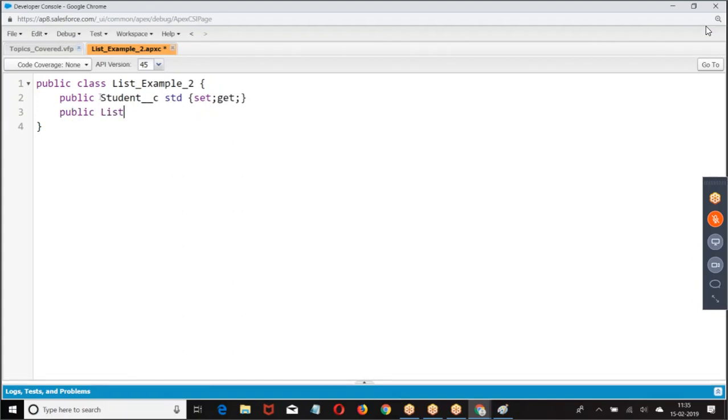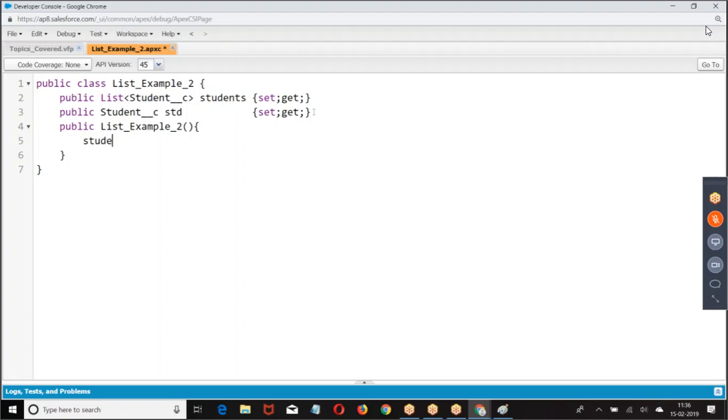Now I have a list of student. Now what is the value of that STD? Is it null or empty? It is null. So first we are supposed to assign the public list example.